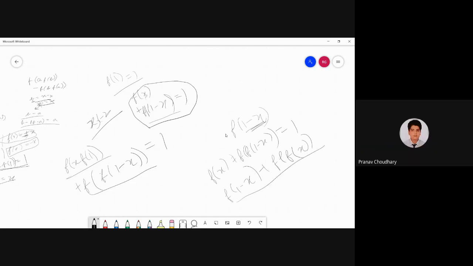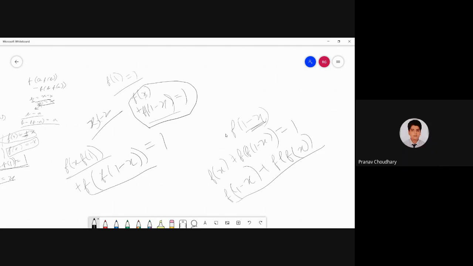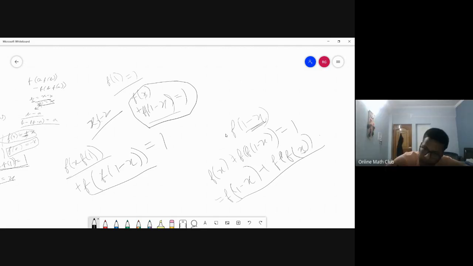Oh, you are plugging in x equal 1 minus x. You are placing f of 1 minus x in place of x, right? In place of x I'm placing 1 minus x. Oh, okay, okay. It's fine. No, 1 minus 1 minus x is just x. So it should be f of 2, not f of 3, in the second term of the second expression. This is a bracket.